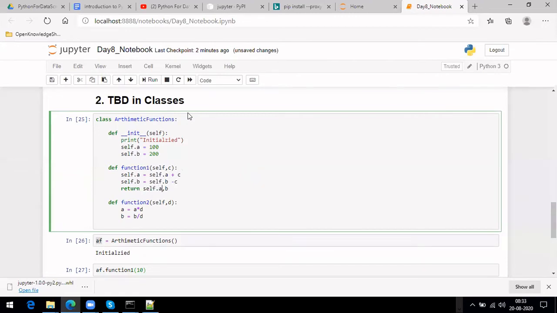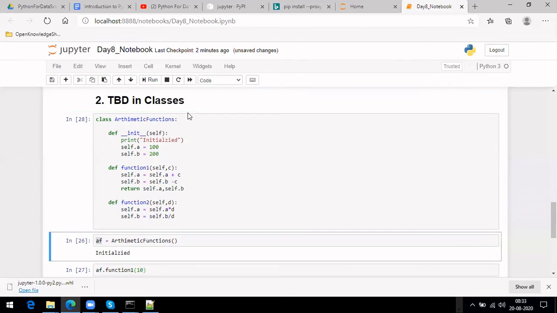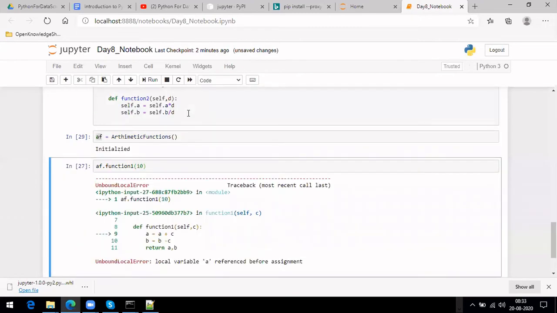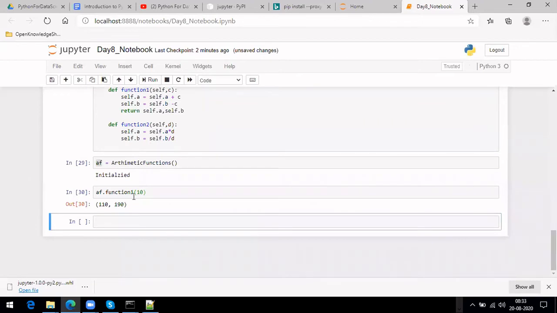Let me return it as self dot, and similarly here as well. Okay, I'm running it again. See, this time it works.